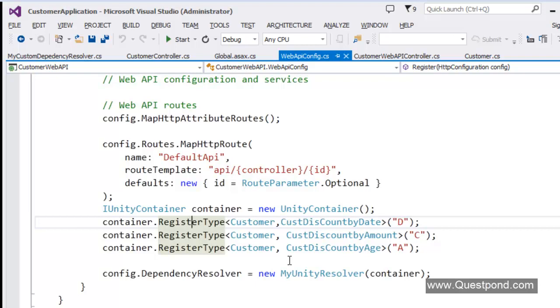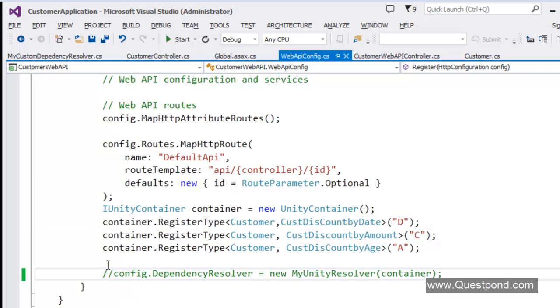Sometimes the request can come that he wants to calculate the discount by date, sometimes by amount, and so on. So basically we have to inject the dependencies on every request, because every request can be of a different nature. That's why this dependency resolver is not really useful. So let us comment this code, and let us see how to resolve this.